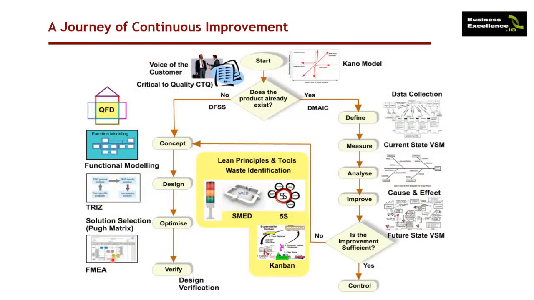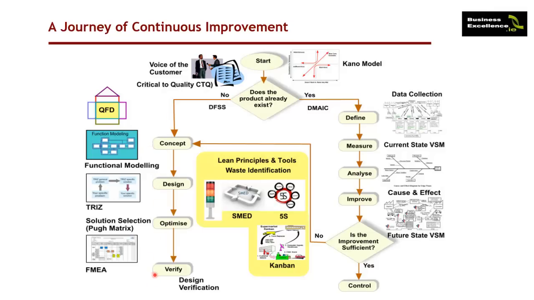When you look at the overall journey, the journey starts with the customer. The journey starts with the customer defining what's actually critical in terms of their quality requirement. Then you look at the process or the product you're trying to improve, and you ask the question, does the process already exist? If the answer is yes, then we're going to follow this route here, and we're going to go through the traditional DMAIC, as in define, measure, analyze, improve, and control. If the process doesn't exist, we're going to follow this route. We're going to come up with the concept, design it,